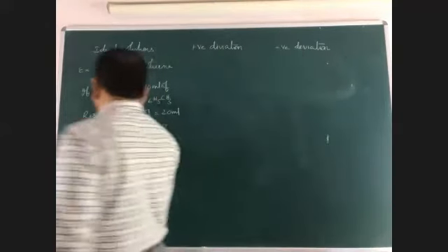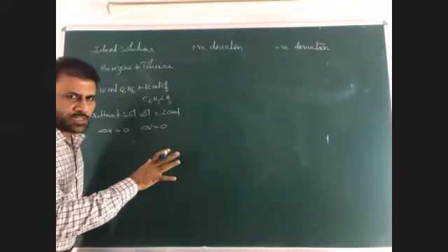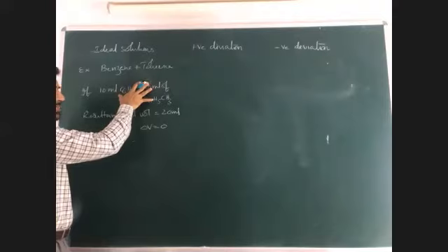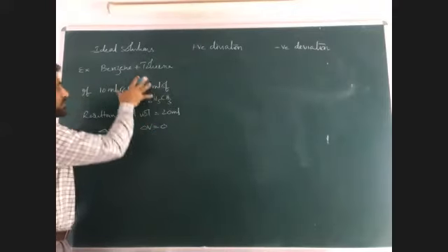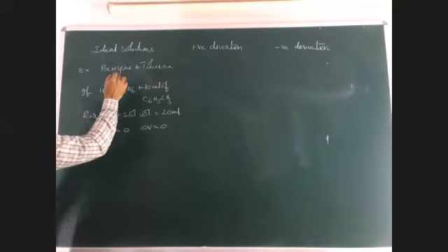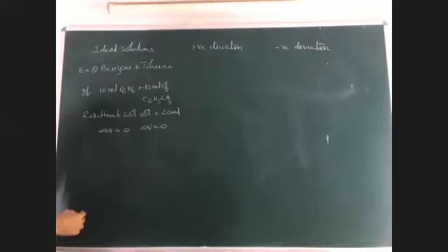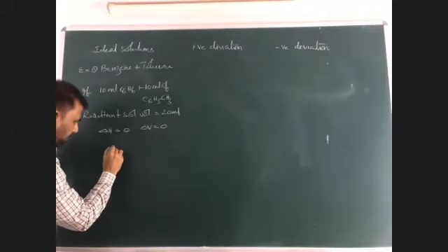So delta H means when two liquids are mixed, there is no change in enthalpy. When two liquids are mixed, the resultant volume is equal to the sum of the volumes. This is the case. This is ideal solution, benzene and toluene. There's one example. I'll let you know the other examples also. The graph will be like this.